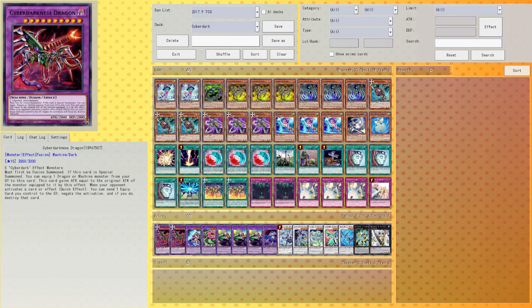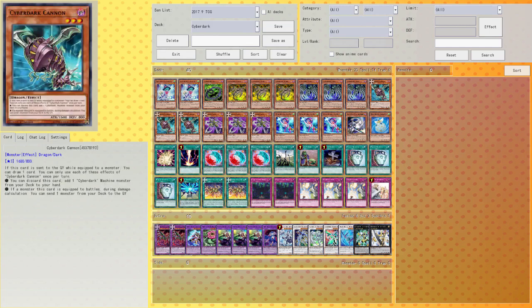However, when your opponent activates a card or effect, and this is a quick effect, you can send an equip card you control to the graveyard to negate the activation, and if you do, destroy that card. This effect is stupid. The equip card doesn't even need to be equipped to itself. It can be equipped to any of your Cyberdark monsters. You can just get rid of it and then immediately negate and destroy, which is fantastic because in addition to